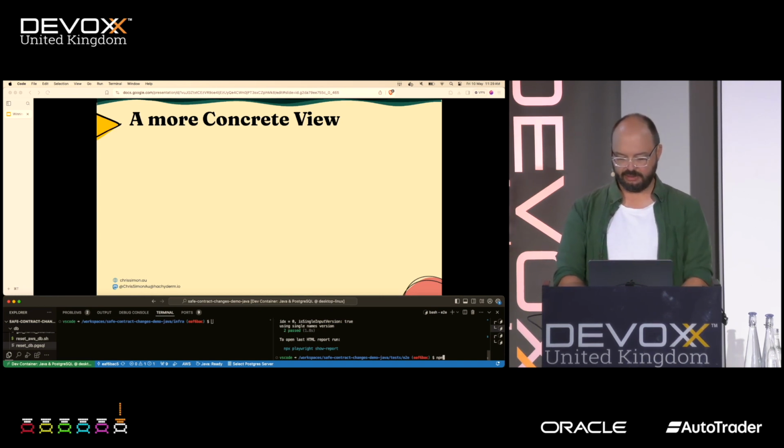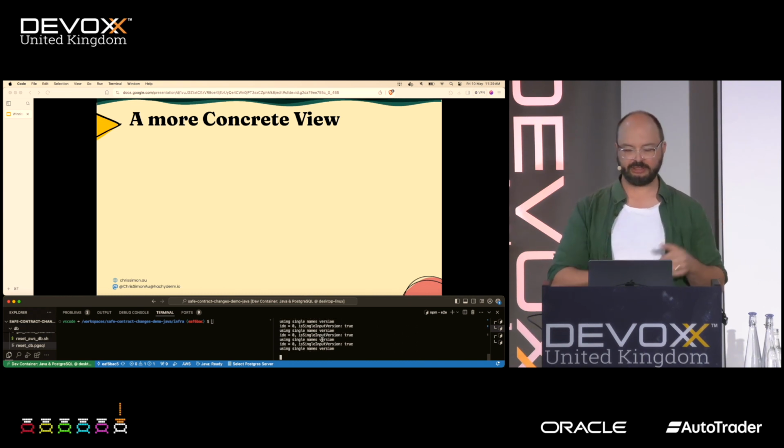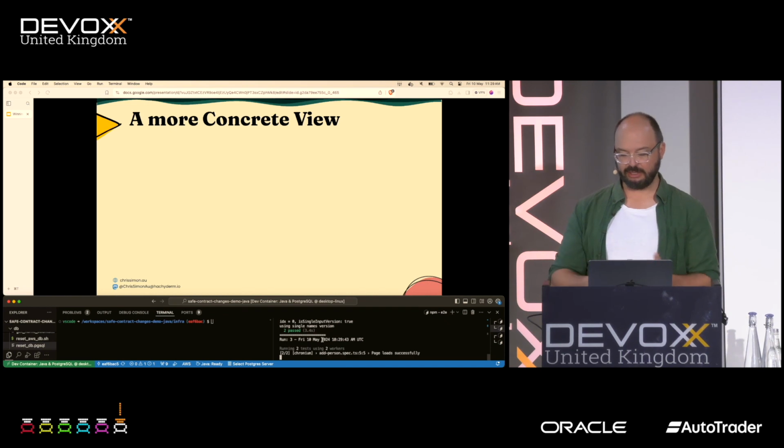So I'm going to run this in a loop, and it'll just sit there churning away. It does like 10 iterations per test run to try and simulate having a single version of the single page app loaded into the browser, and it just keeps running. So it's currently passing, and every single time it's doing is single input version true. And then I'm going to run using CDK to deploy,